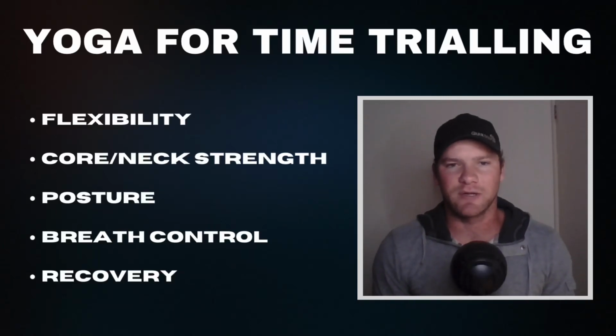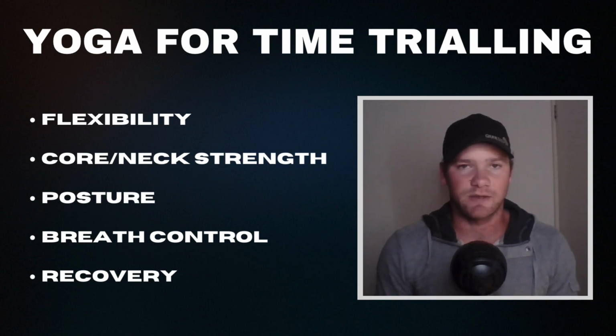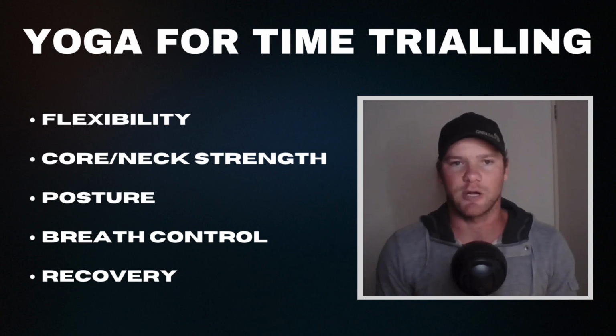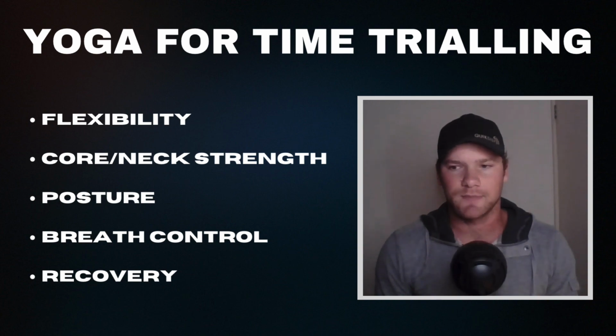Today we're talking about yoga and how it can improve your time trialing performance. So a very interesting topic: how can you become a faster time trialist, whether this is in cycling specifically or for triathlon, Ironman, anything which involves an individual time trial on a triathlon bike or time trial bike, etc. So yoga is, in my opinion, one of the most underrated things that you can be doing to improve your